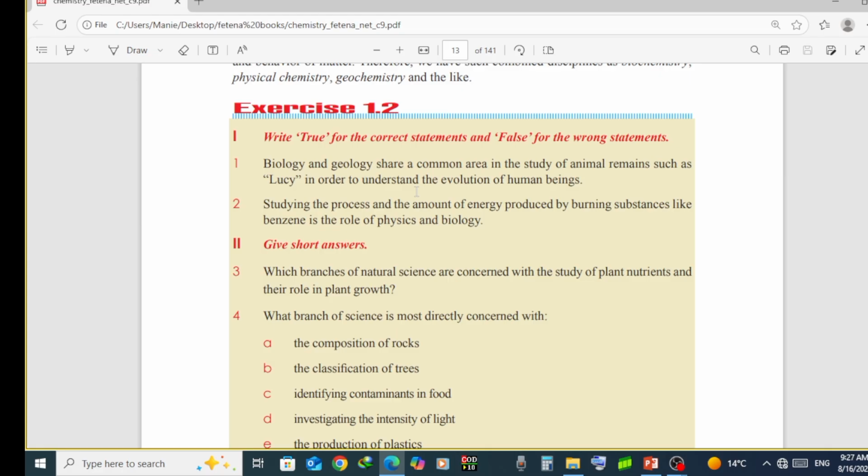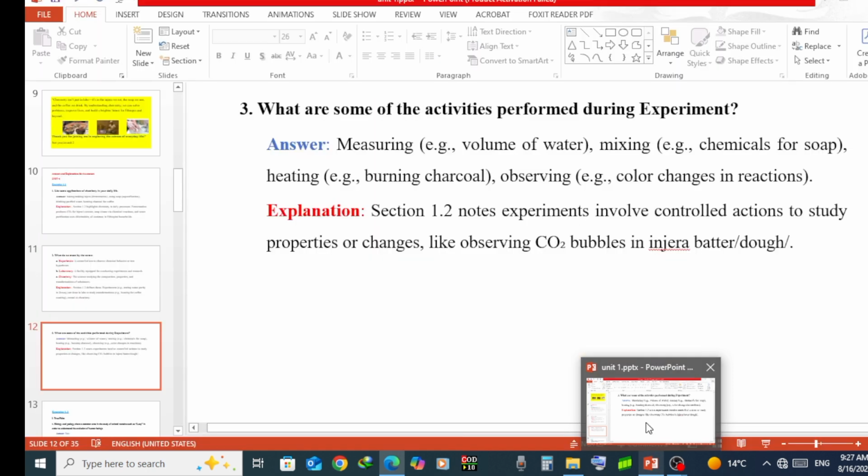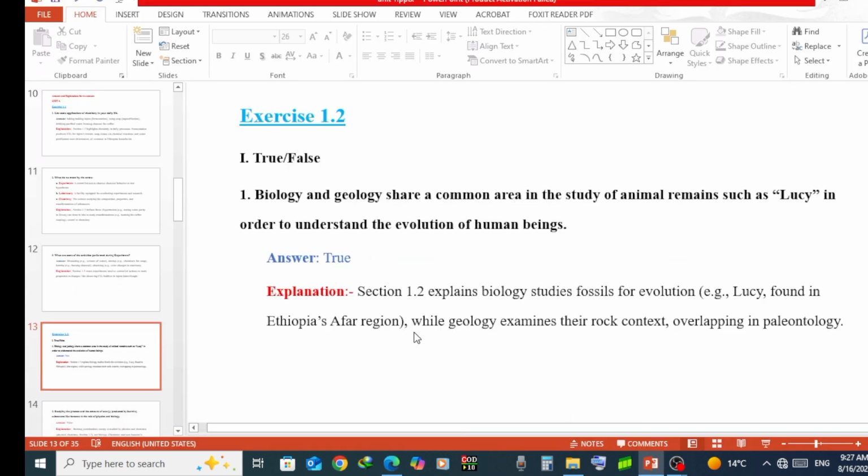Question number 1 says biology and geology share a common area in the study of animal remains such as Lucy in order to understand the evolution of human beings. Is that true or false? Biology and geology, you know what biology is and geology is because we have already discussed them. So biology and geology share a common area in the study of animal remains such as Lucy in order to understand the evolution of human beings. The answer is true